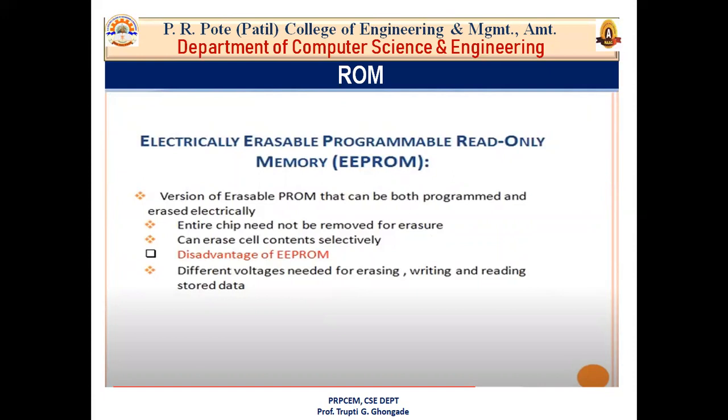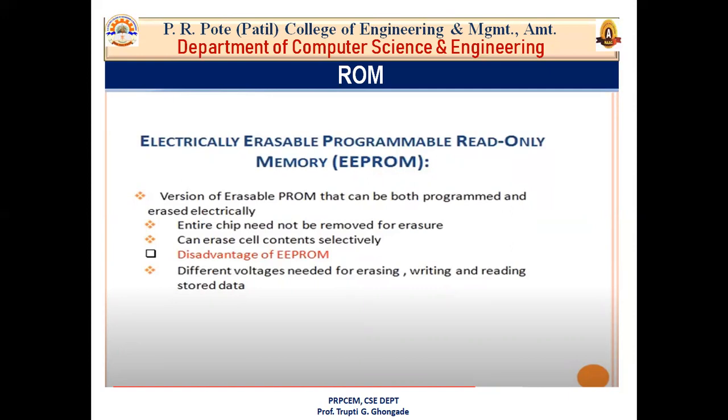Okay, so it is a new version of erasable programmable ROM that we learn now, and this EEPROM can be reprogrammed and erased electrically. Means it can be erased by using electrical signals. As the name suggests, electrically erasable. So in EPROM, in erasable programmable ROM, the erasing was done by using UV light, and here the programming and also erasing is done electrically.